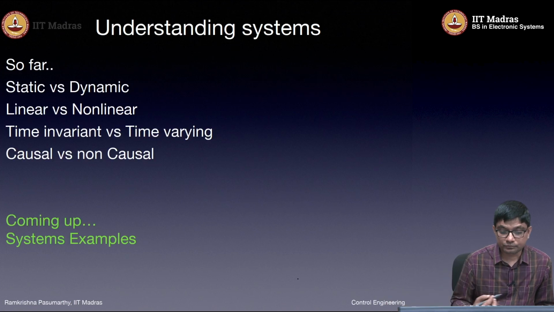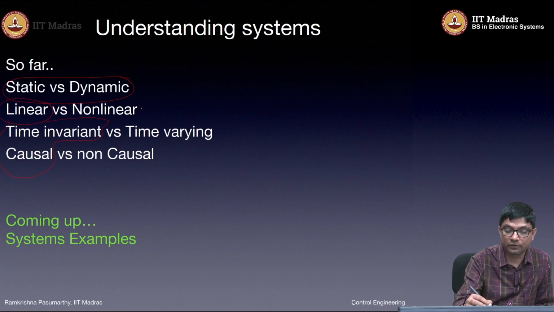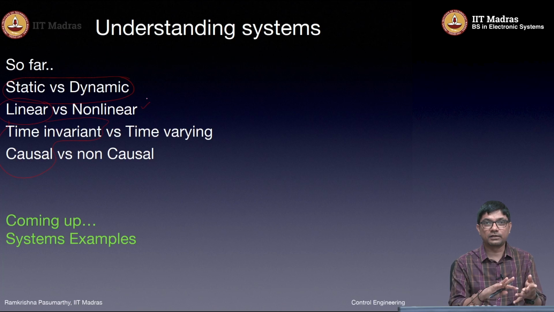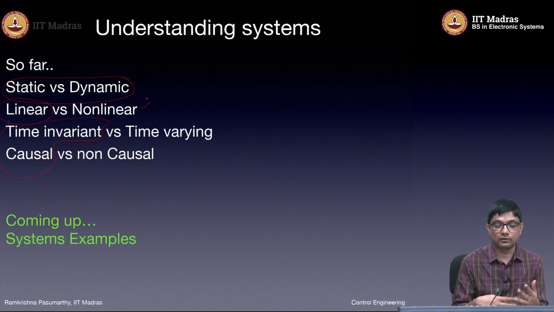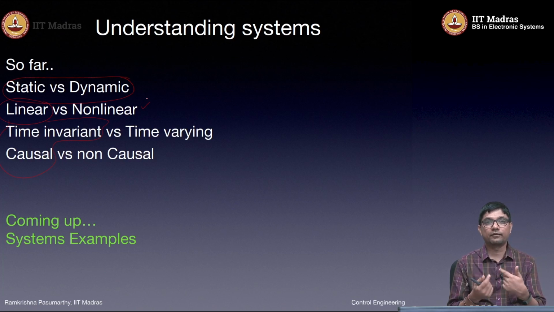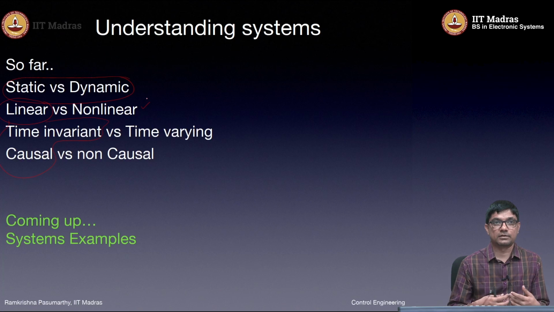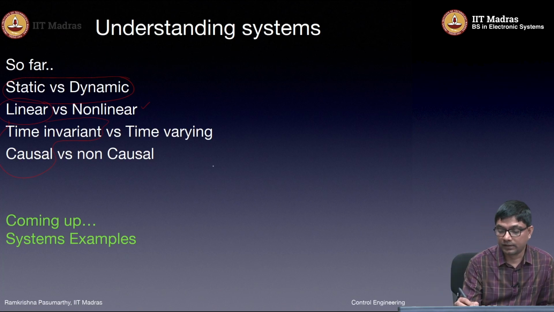So in much of our cases, we will focus on both static versus dynamic. We'll focus on systems which are linear, time invariant, and also causal. So this course will leave out a bit of non-linear. What we will do with non-linear is to convert them in a smart way to a linear system and analyze. We will not look in detail at time varying systems. We will also not look much at non-causal behavior, except in one instance of a control action where we see a bit of non-causal behavior. Much of it we will look at linear time invariant systems, and the static versus dynamic and the causal will be hidden in that. So much of this course will be on linear